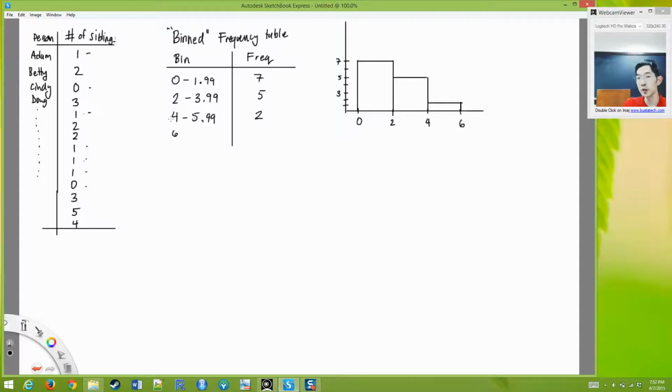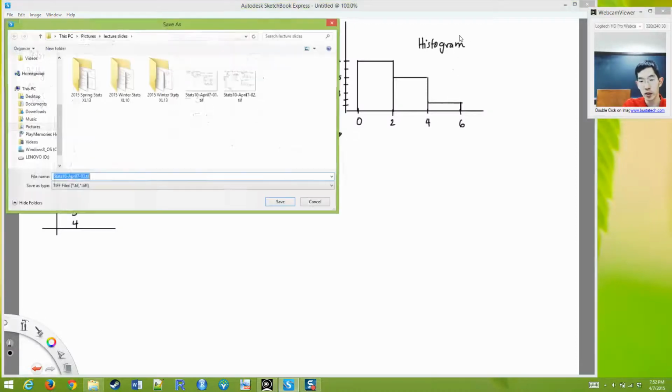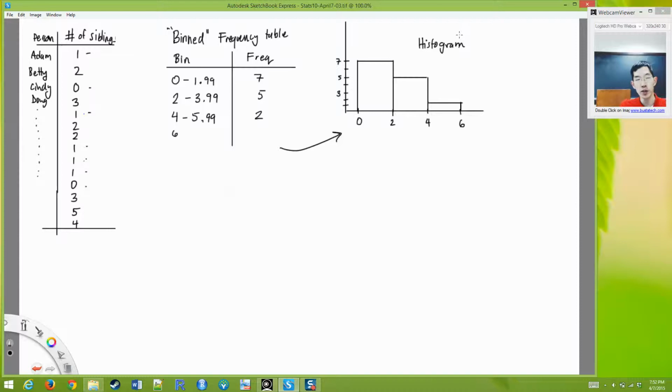Okay? And so again, this bin frequency table turns into this histogram. And all we're doing is just creating bins to count up our numbers. Again, we probably wouldn't create a bin frequency table for a small data set with only 14 units, but